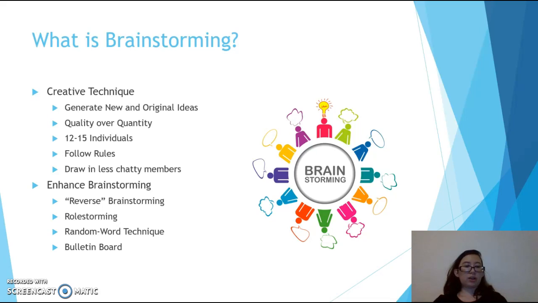You can write ideas down on sticky notes and post them up on the bulletin board. This will allow you to move ideas around, group them around, and see how they all link with each other. Lastly, you can use brain sketching, where instead of writing these ideas out, you can draw them instead.